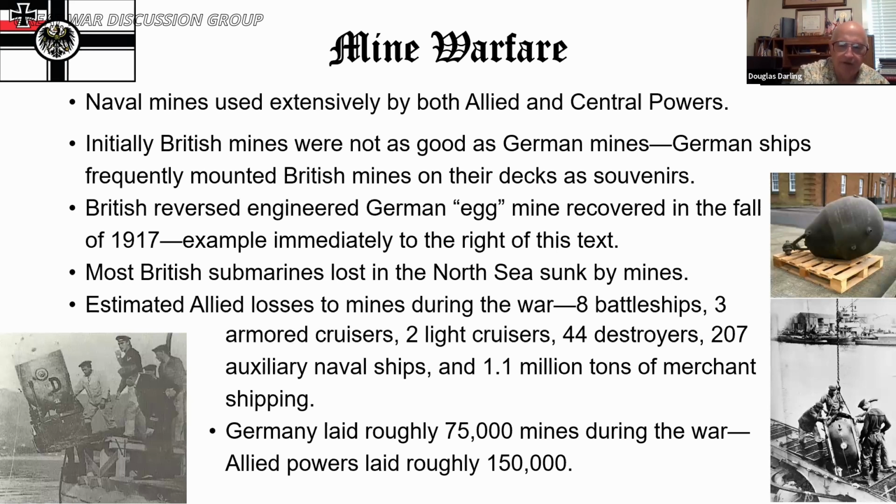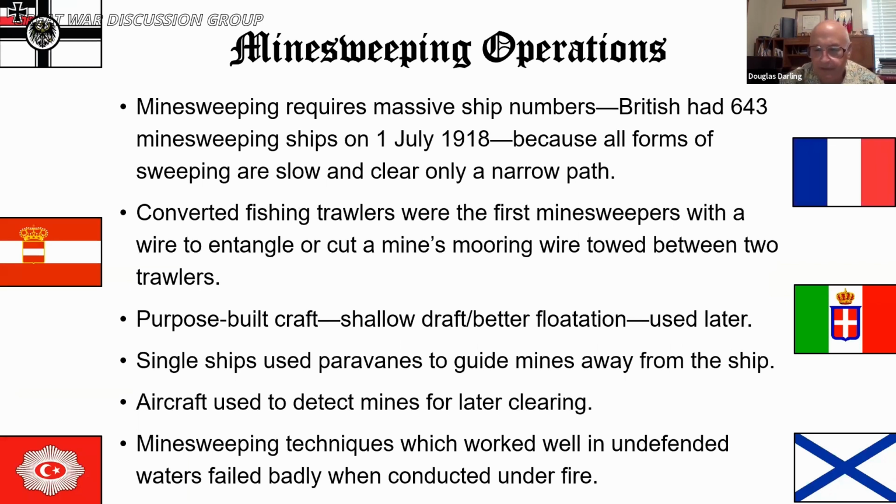So, a fairly sizable number, 1.1 million. About 10% of merchant shipping was sunk by mines, a fairly sizable chunk of naval power as well. Mine sweeping was very slow. None of the techniques developed during the First World War were really good under fire. This caused both sides massive problems. The Dardanelles,